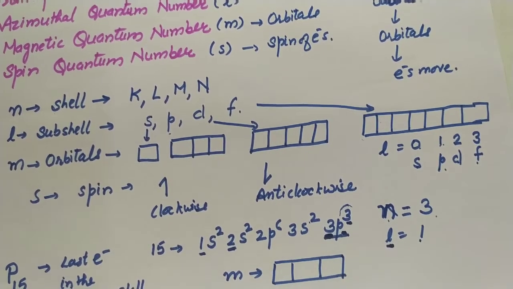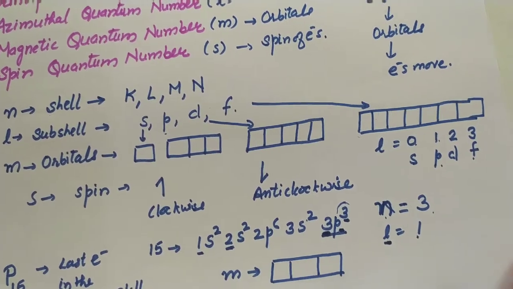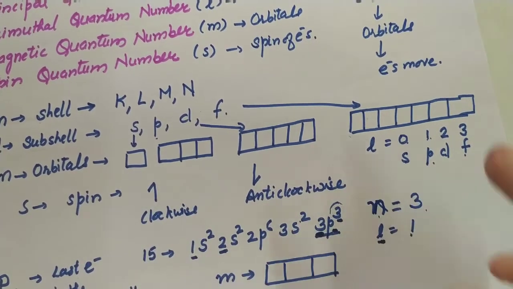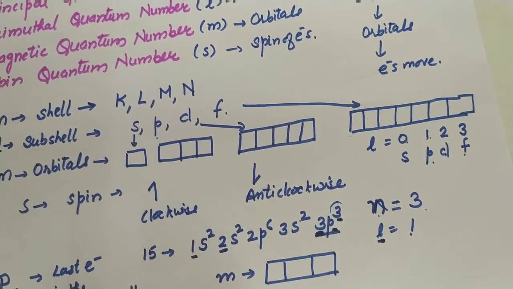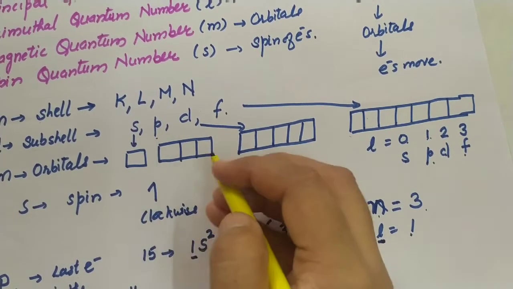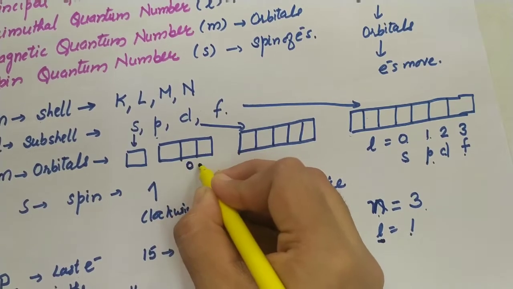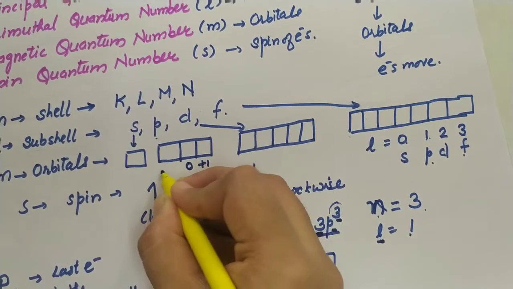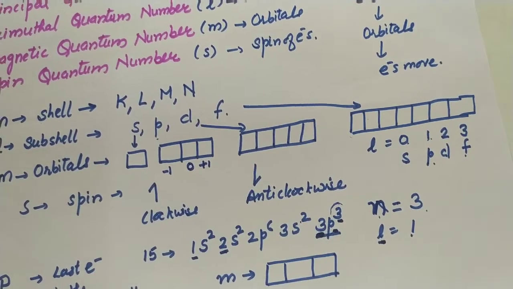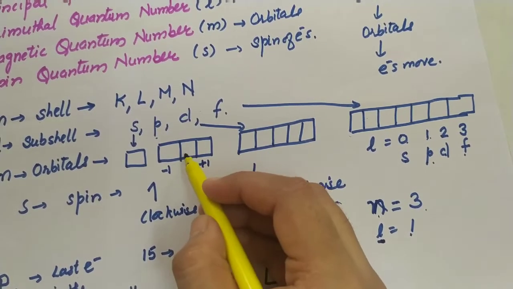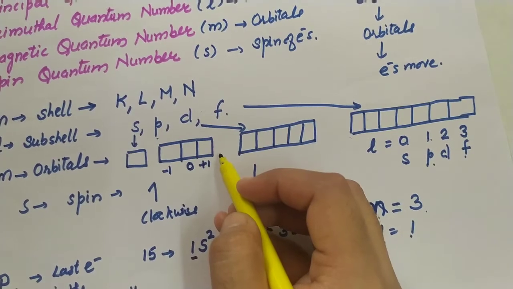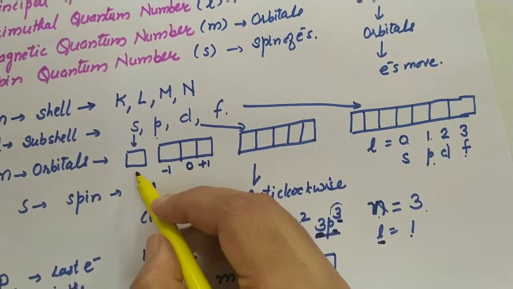1, 2 and 3. These are the p orbitals. You have to write for p orbital, s orbital. Only one orbital is possible. For p, its values are 0, plus 1, minus 1. How? 0, like a straight line. On the straight line, on the right side you write the positive value and on the left side you write the negative